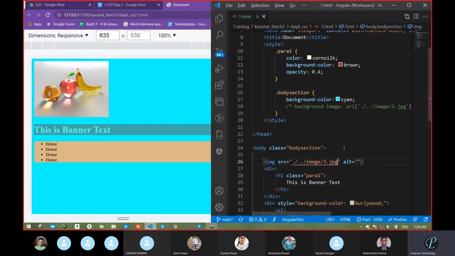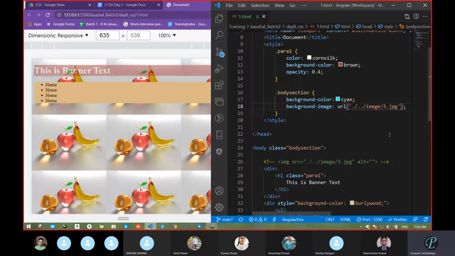Because in the case of an image we passed src. But when you go with background image, then you have to pass url. There will not be a src property. So just go with url and pass this one. Fine. So we got this image.